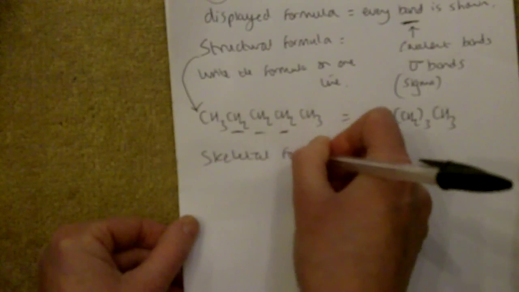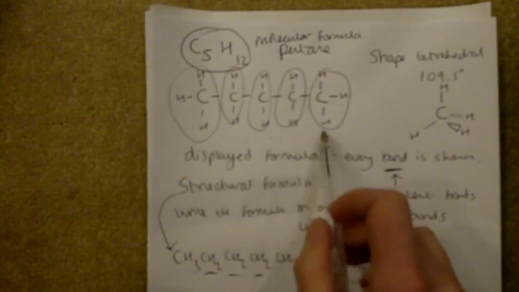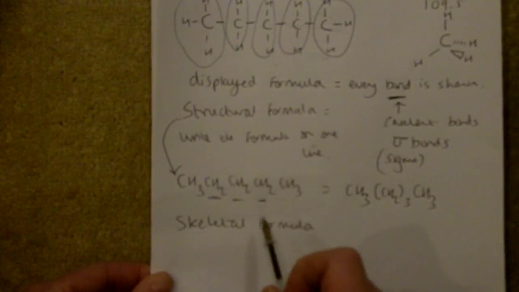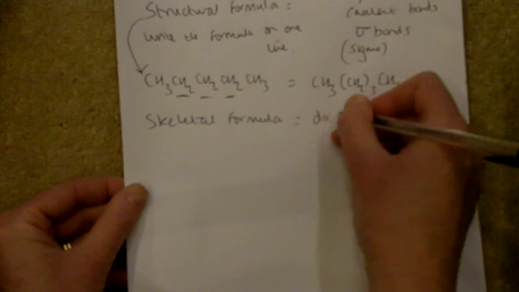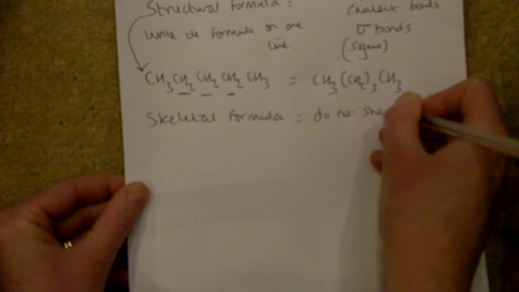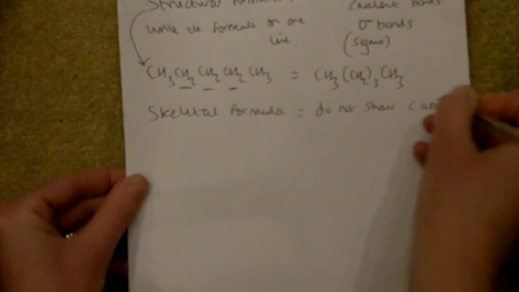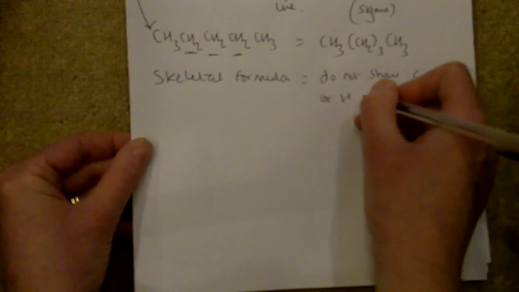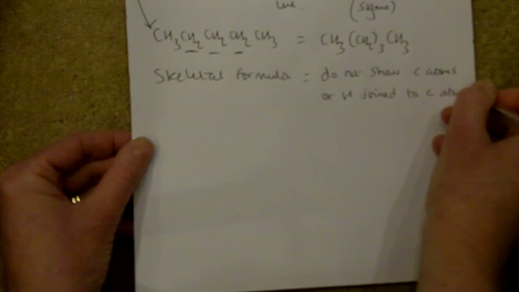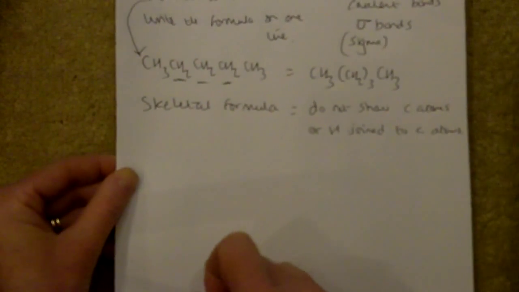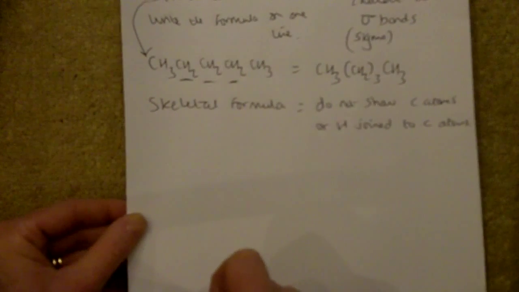Now skeletal formula is like a shorthand, because it takes ages to draw all this out. So it's just a shorthand, and you do not show carbon atoms or hydrogen atoms joined to carbon atoms. And when we have a go at making this molecule,